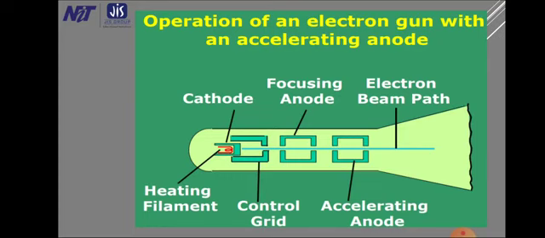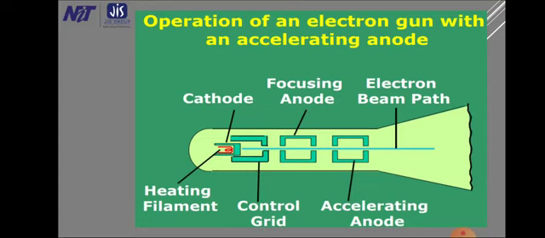Essentially, the focusing anode is responsible for focusing the beam onto a particular point of the screen. It is similar to a lens focusing a beam of light. Instead of focusing light, we are focusing the electrons onto a particular spot or point on the screen. So that is the job of the focusing anode. We can say it is an electrostatic lens. That means, unlike an optical lens which focuses light beams onto a surface, in this case it is an electron beam.